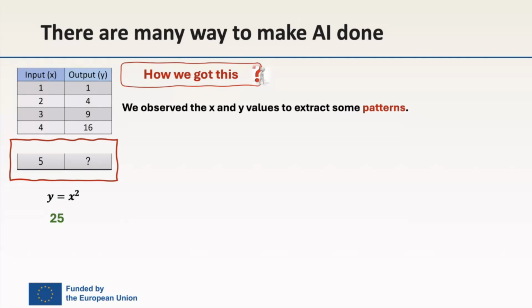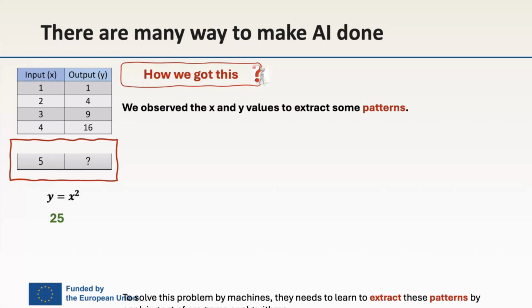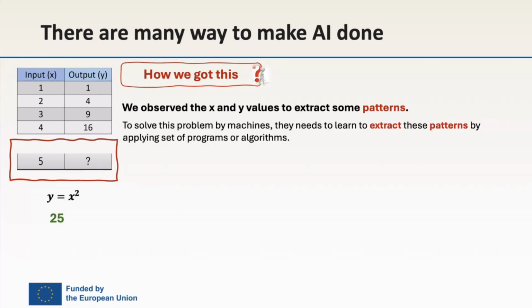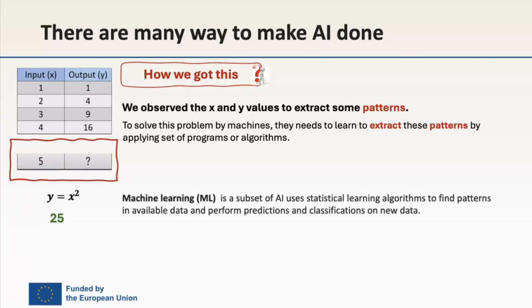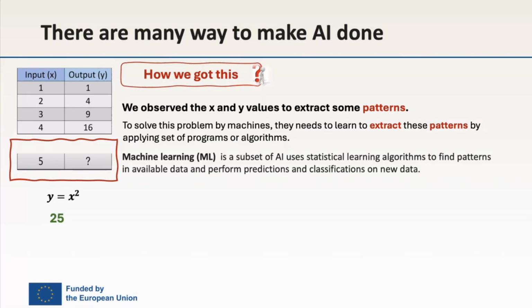So here, as a human, we only try to extract some pattern. In the same problem, how can machine learning solve this problem? Actually, machine learning needs to learn an algorithm or program to extract this pattern. We will now have an example to see how machine learning solves the same problem. Machine learning actually follows a statistical learning algorithm to solve this problem. So in the following diagram,